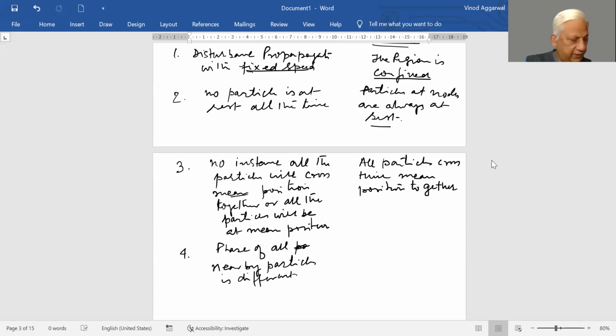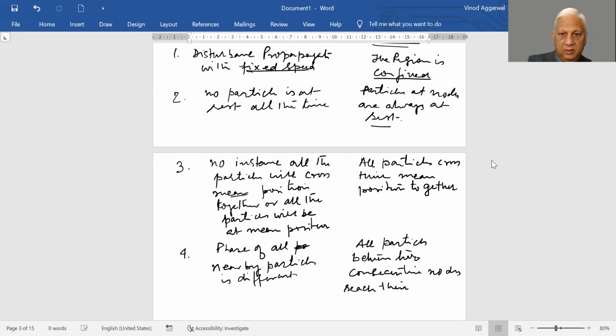But in case of standing waves, all particles between two consecutive nodes reach their maximum y together, which means that